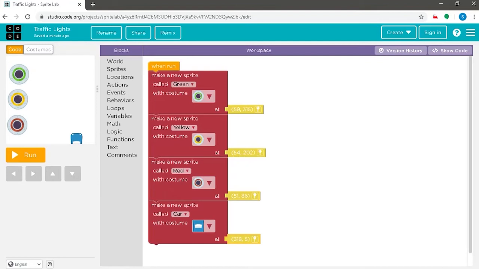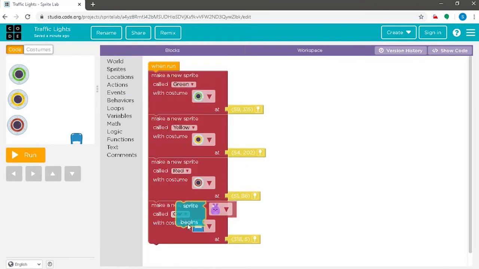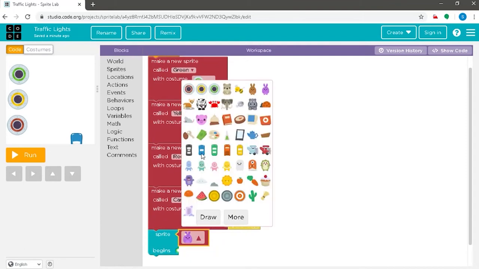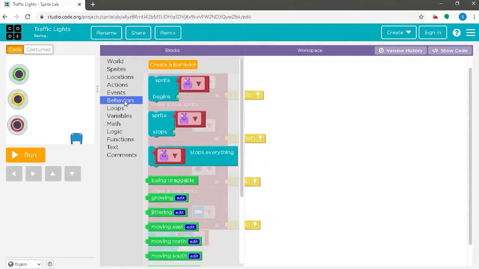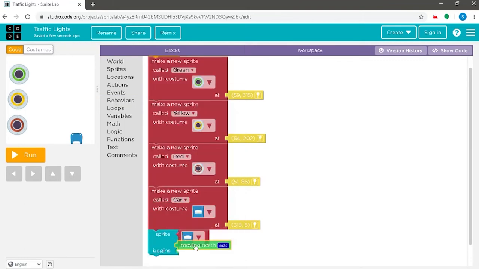Firstly, we will go to the behavior section and drag the sprite command, and here our sprite we are referring to is the car, and we shall again go to the behaviors command and drag the moving north command, which means that our sprite begins to move north as we run the code.